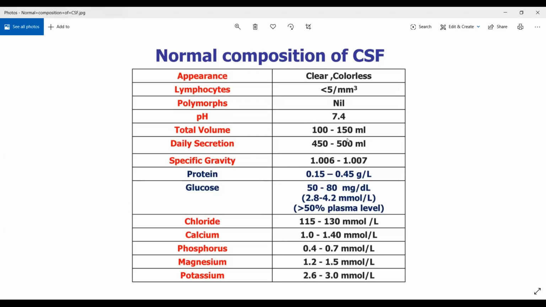In any case, the other components like protein, glucose, there are certain normal levels. If you're checking for specific gravity, थोड़ा बढ़ के लेना पड़ता sample, but other than that, it is fine. Okay, so these are some of the common components. Now here bacteria is not mentioned, but you should generally not find any bacteria in your CSF. Okay, the BBB is something that is blocking bacteria altogether, so you should not find any bacteria invading into your CSF.